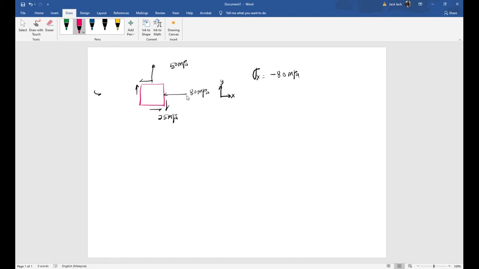Okay, which is to the opposite direction to the x-axis. And then for sigma y, it's positive 50 megapascal. At the same time, your shear stress xy is negative 25 megapascal. Why? We need to check our agreed sign convention for an element due to the normal stresses